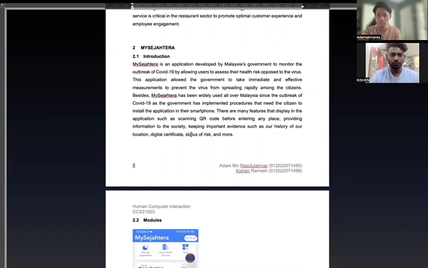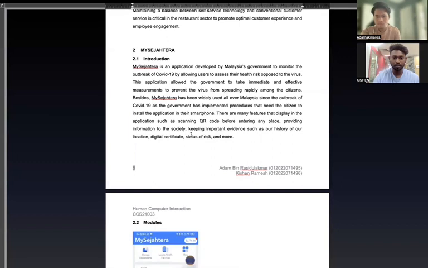Hello, sir. Okay, the next one will be the MySejahtera app. Basically, this application was developed by the Malaysian government to monitor the outbreak of COVID-19 by allowing users to assess their health risks with regard to the COVID-19 virus. This application also allows the government to take immediate and effective measures to prevent the virus from spreading